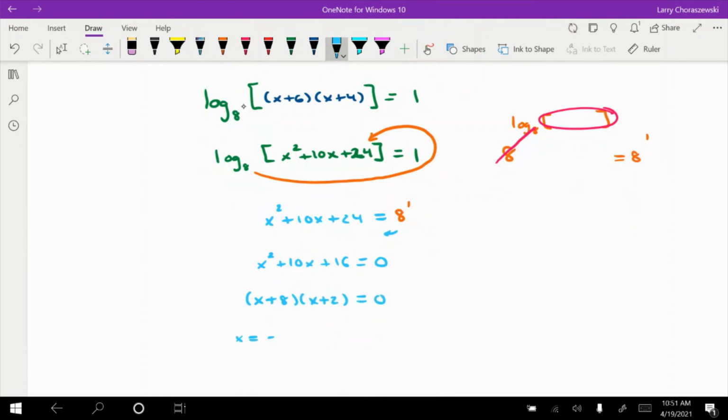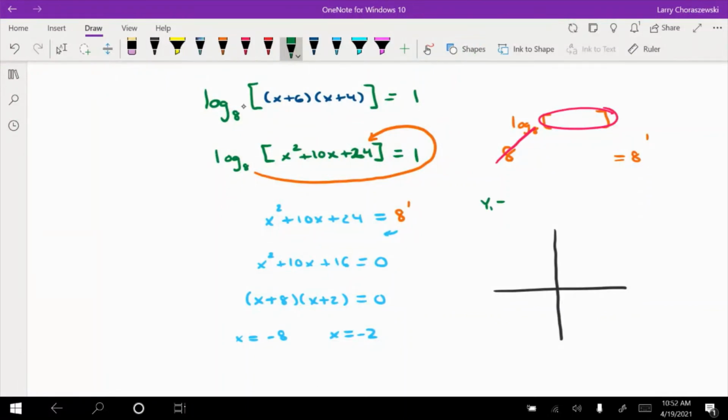So again, we get two answers for x: x equals negative 8 and x equals negative 2. Was anybody able to view this problem on the graphing calculator and determine whether or not one of these is extraneous? Okay, well, in the interest of time,